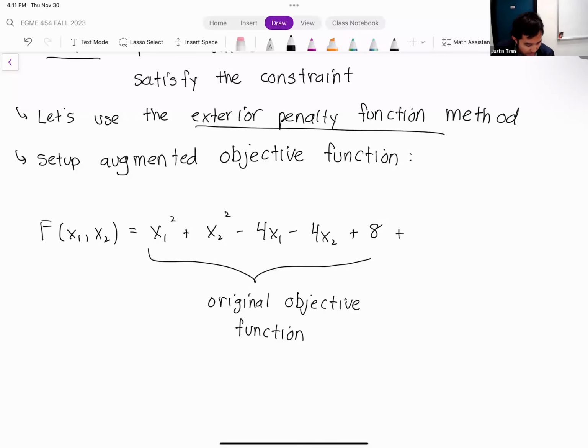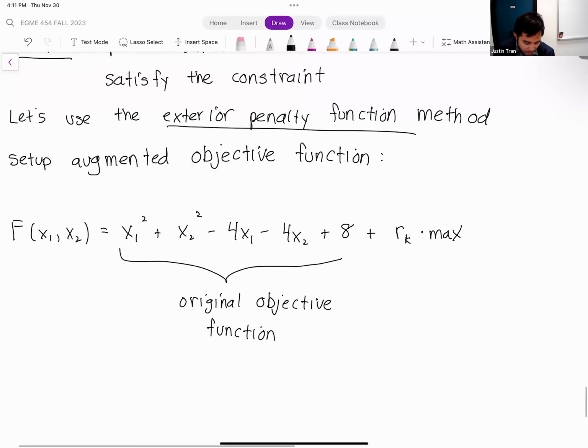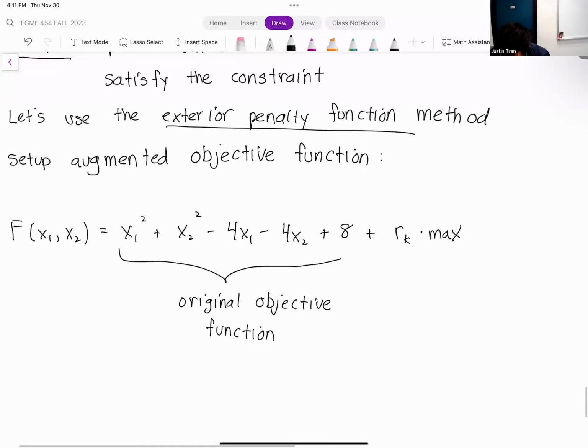To this, we're going to add a penalty term. We only have one constraint here, and so we are going to do it like this. We're going to have RK multiplied by max. Remember, when we have an inequality constraint, we have to use our max function. So you have 0, comma,